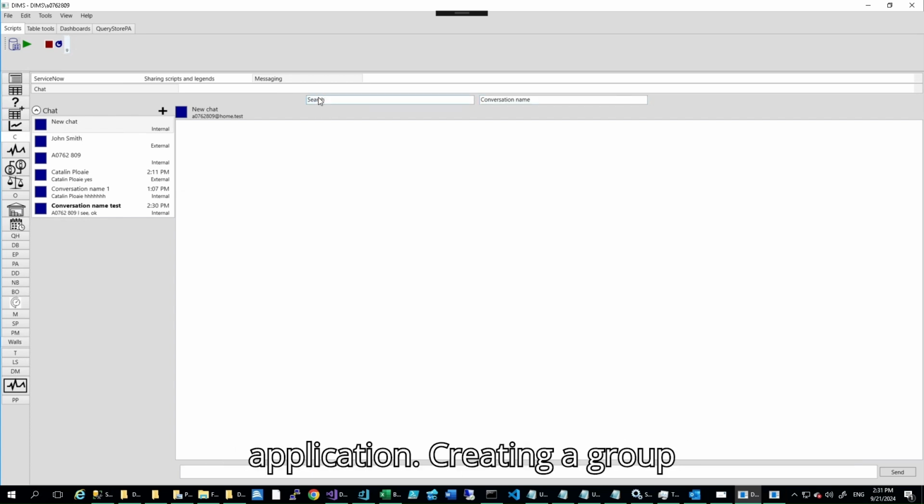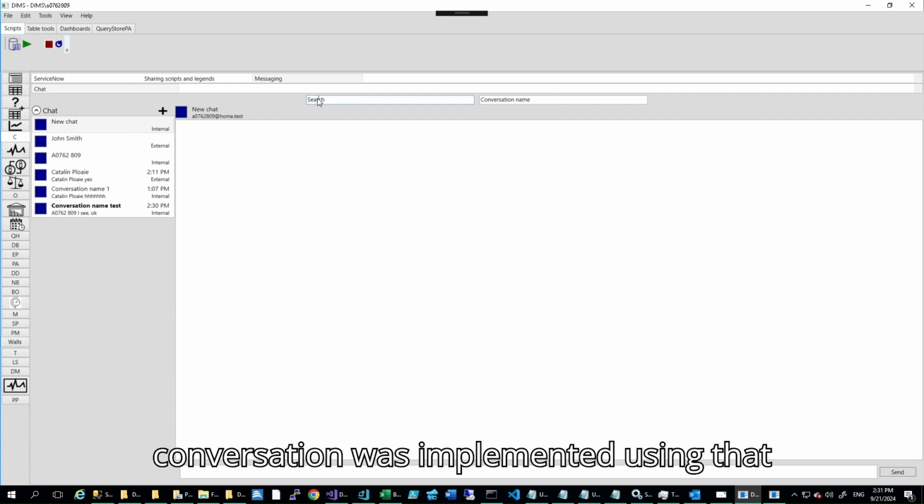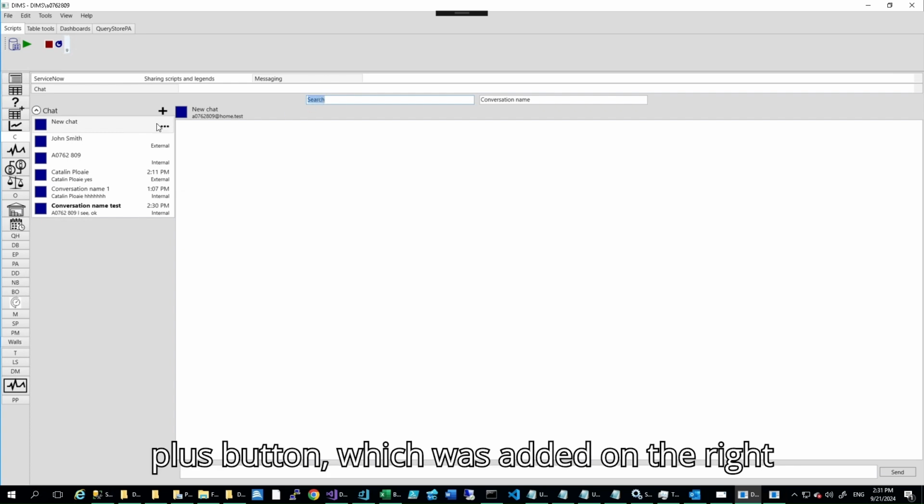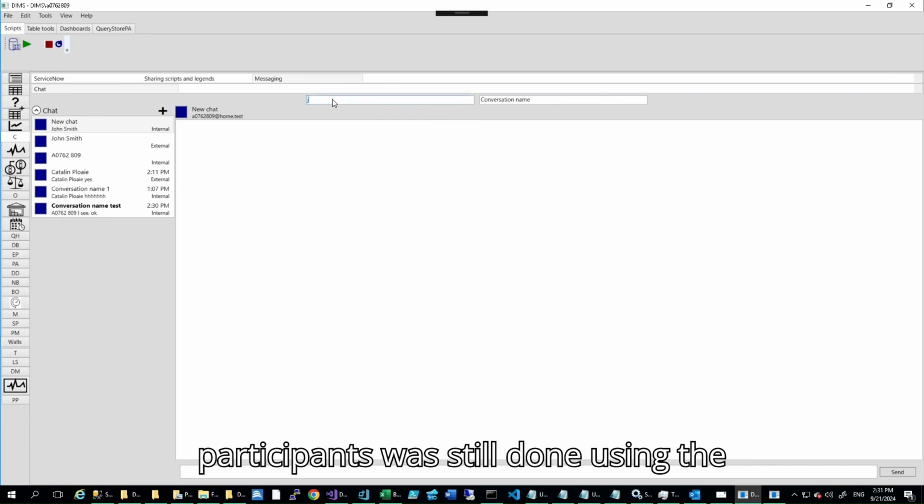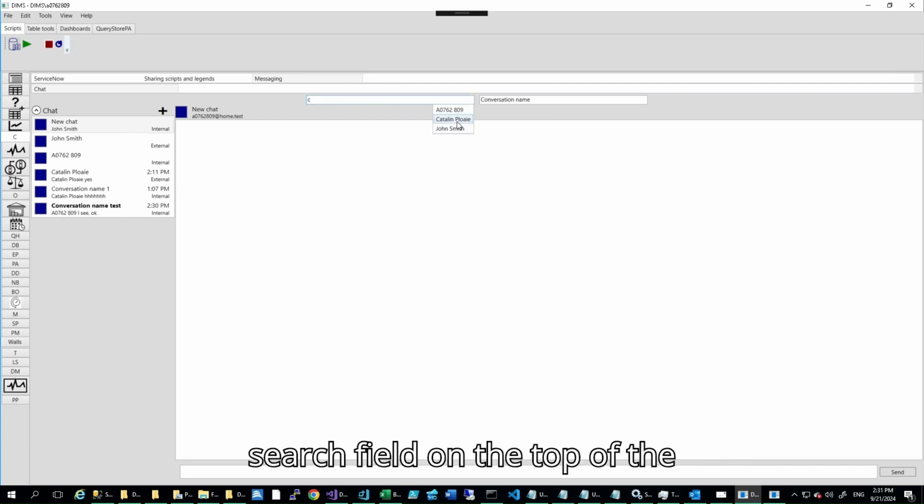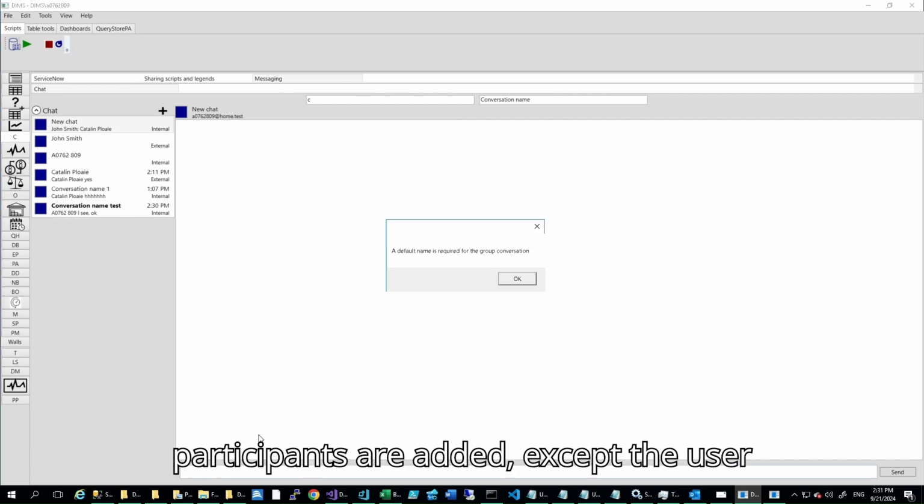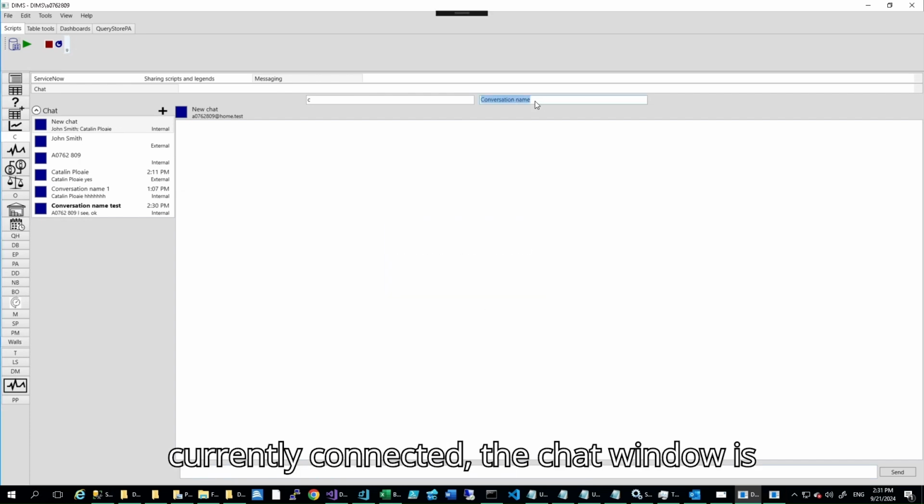Creating a group conversation was implemented using that plus button, which was added on the right of the chat, and the addition of participants was still done using the search field on the top of the application. Once at least 2 participants are added, except the user currently connected, the chat window is created and we